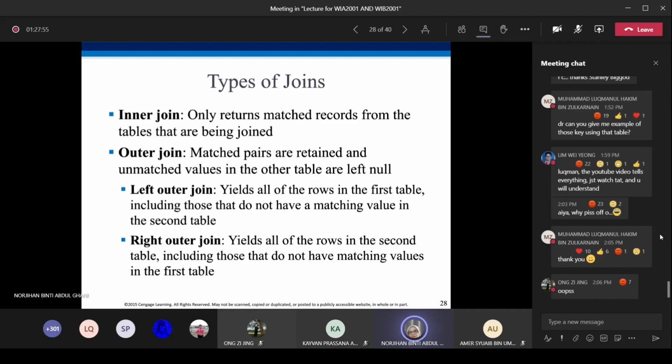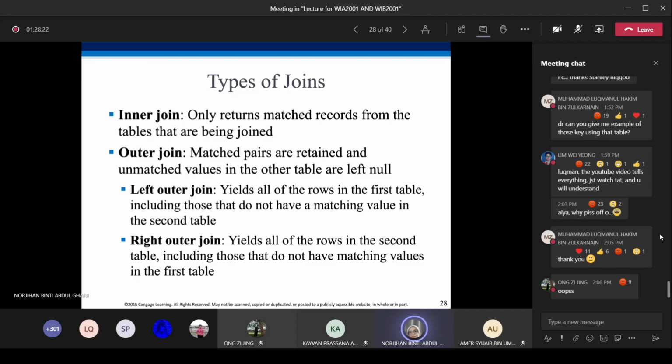So basically all these operators are for the logical view, but further on, when you learn about SQL statements later, you should be able to apply all these types of operators in your SQL. So you will learn all these kinds of joins.